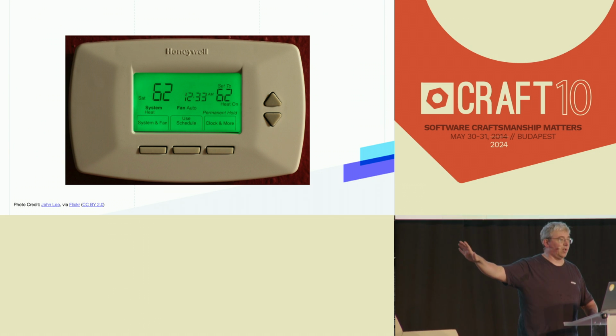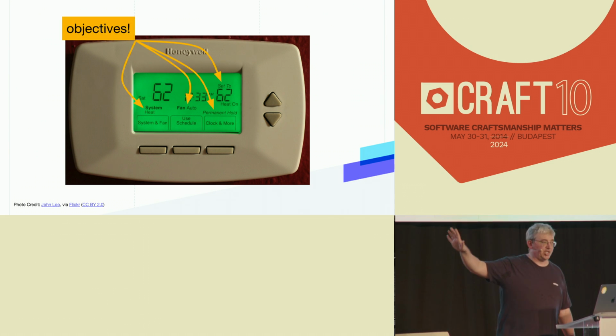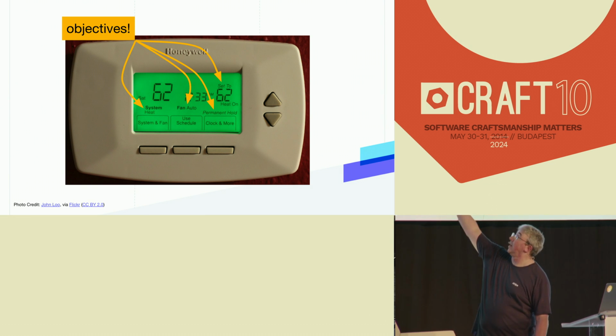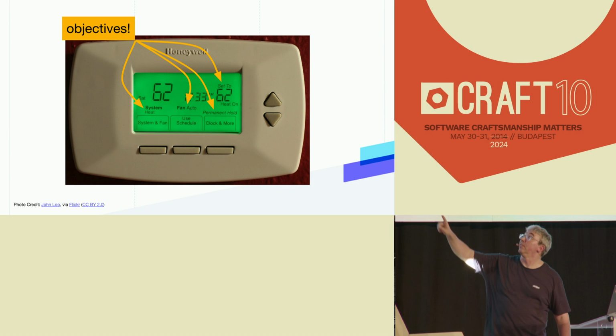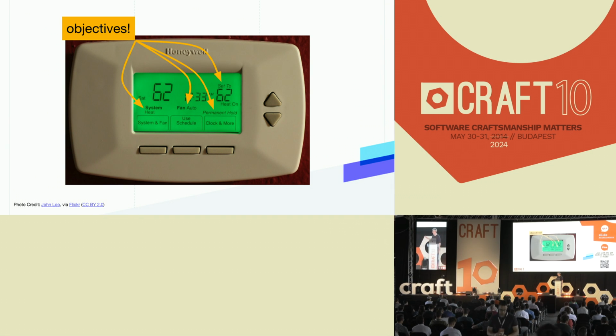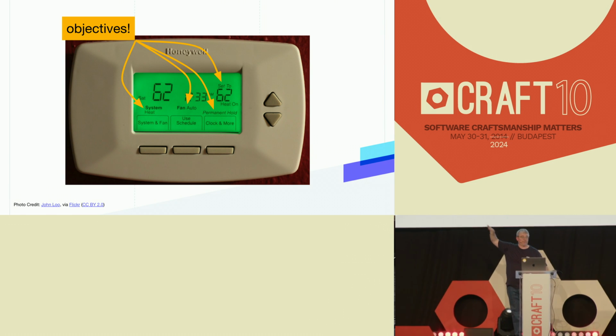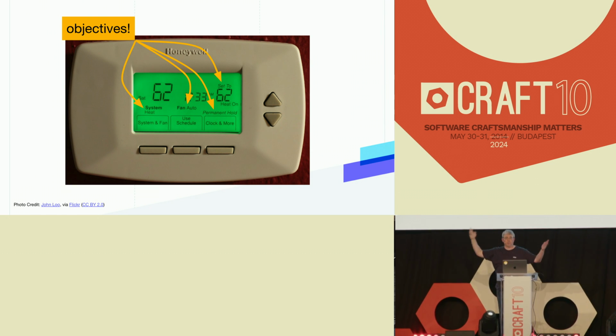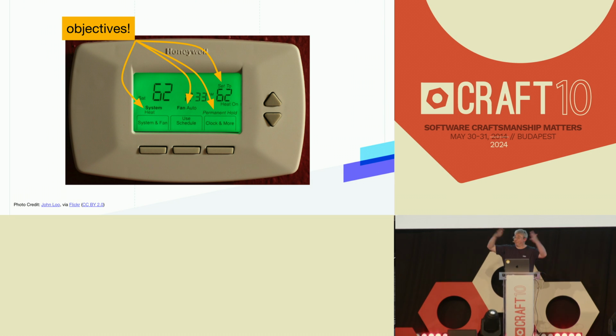But this has all of the things that we've talked about. There are objectives, right? Remember we said objectives are constraints on behavior. So it says, hey, I am in heat mode, and I'm not in air conditioning or cooling mode. I have a target temperature. I'm allowing the thermostat to control the fan for moving the air around. And there's this thing called permanent hold, which, if I've got a schedule for how I want the temperature to go, suspends it. And so those are all constraints on the behavior.